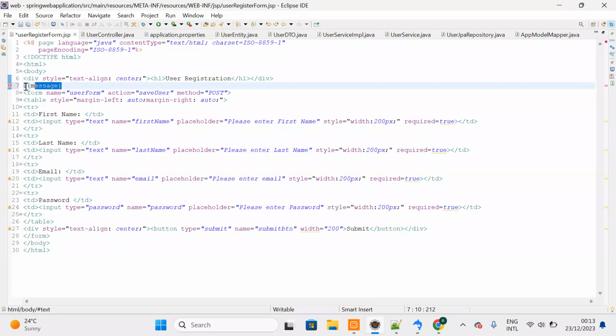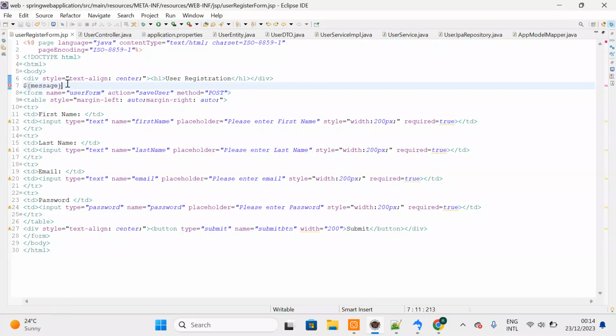So this is how we have to display, but this will not display directly, so we have to use JSTL, Java Server Tag libraries. So to display the data in JSP, success messages or failure messages, we have to add JSTL, so then we can display the data,